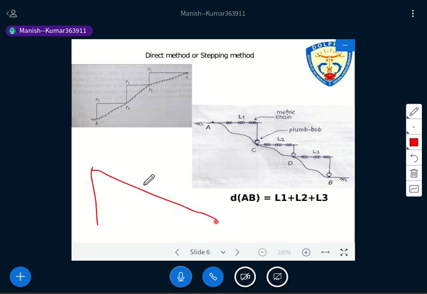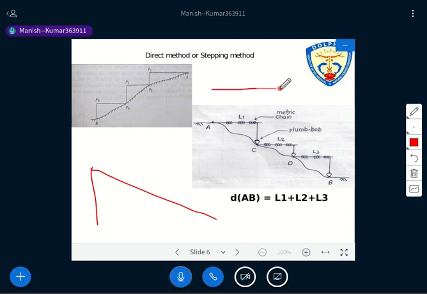It is sloping ground. We have to start from the top, not from the base. We are starting from here. If you have either a measuring tape or a chain, there is one zero end. It means from here you have to start. And then one person has to carry the other end and move forward. The person at the zero end is known as the follower. Try to understand that.